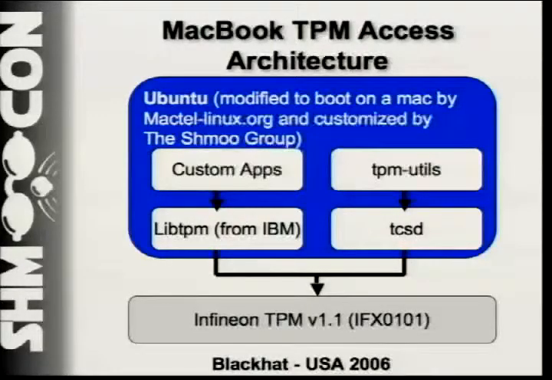So anyway, the way that it works is that there's two different ways to interface with the TPM under Linux. You have the legacy libTPM from IBM. This is just a standard issue library, right? It abstracts the calls down there. You can turn the thing on, turn the thing off. You can do whatever you need to do, and it accesses the TPM directly. The more contemporary way of doing it is this utility called Trousers,